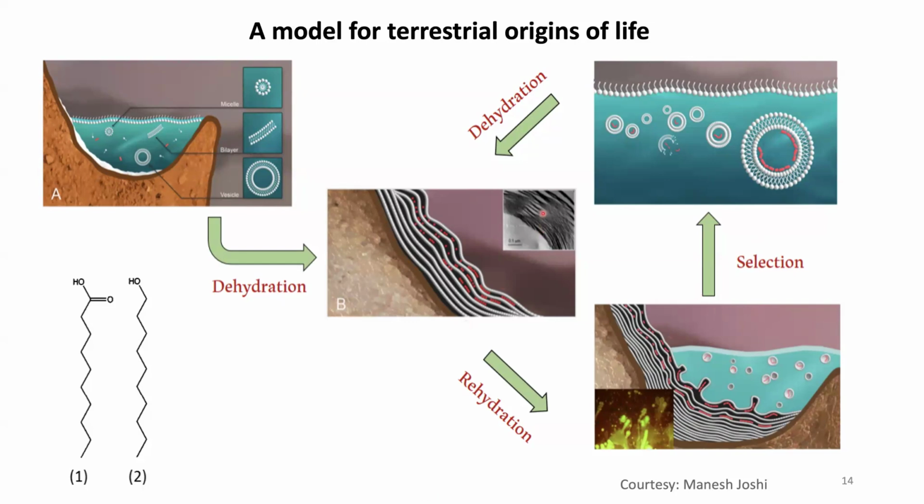And these inset images that you see here, this is a freeze fracture image of multiple lipid layers which have encapsulated these red balls. You can't see them here because they are diffraction limited. And in this panel, you're actually seeing similar kinds of multilamellar lipid layers. As soon as they touch water, these molecules have a water-loving and a water-hating group. The water-hating group just doesn't want to interact with the water present in the environment. So it just balls up into these higher order structures called membranes.